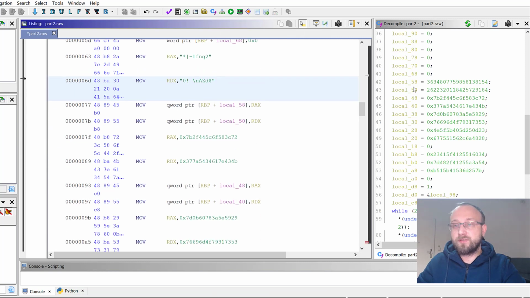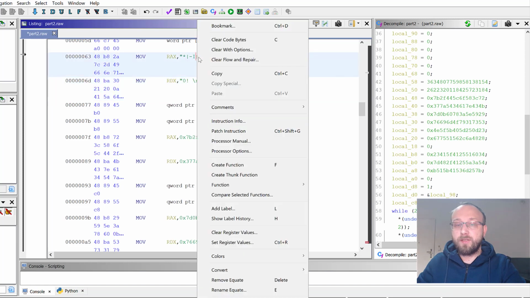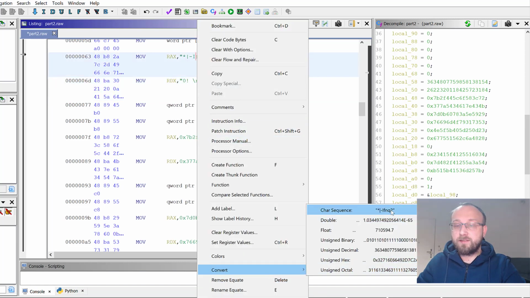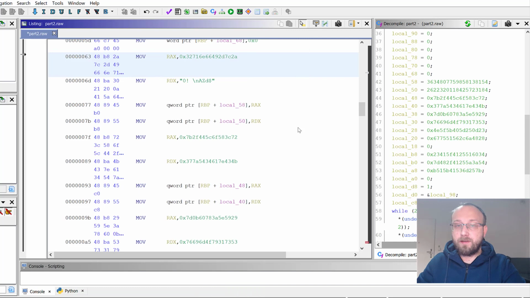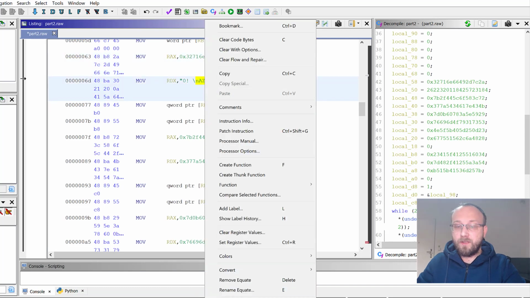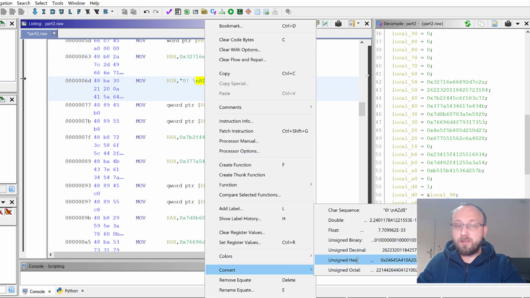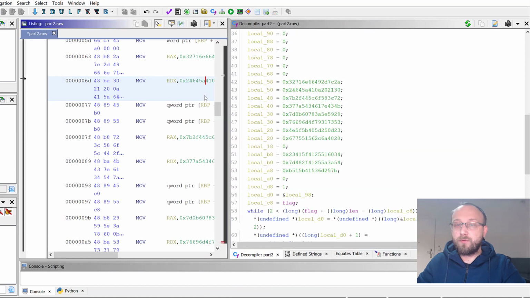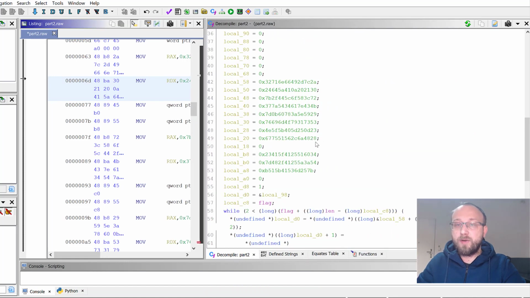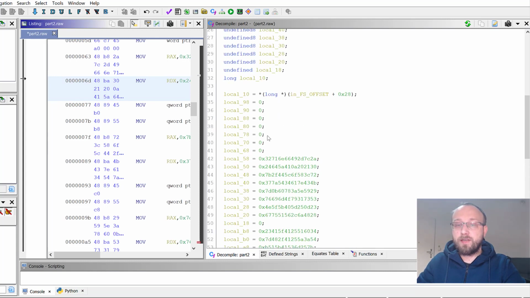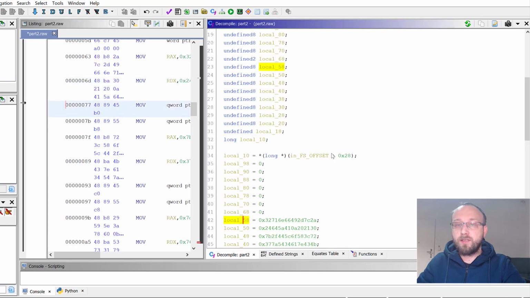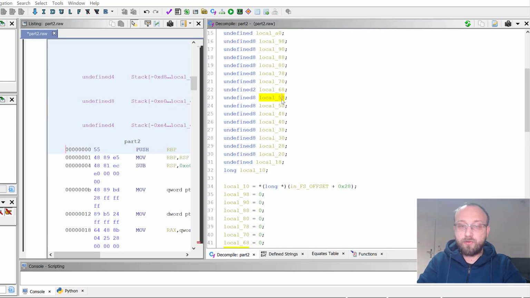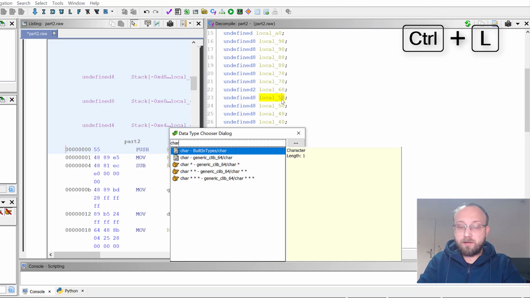So we don't have to do it because for some reason Ghidra changes to decimal values here when we use the char sequence, and I prefer to have unsigned hex. So let's just go back to unsigned hex and let's just try to focus on analyzing. So how many of those we have? We have 2, 4, 6, 8. So probably this is an array. So there are no 8 separate local variables. It's an array. So we can try to convert to array of 8